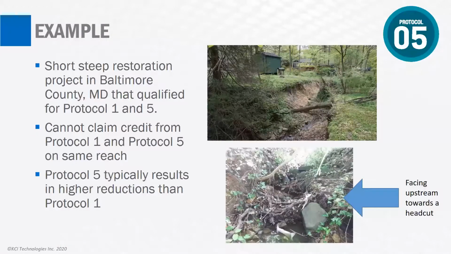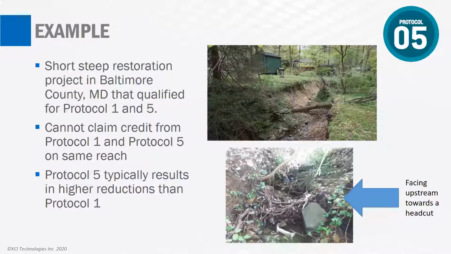So I'm going to step through an example of Protocol 5. This is a short, steep restoration project in Baltimore County. There were high existing slopes greater than 7% and existing head cuts within the channel. It qualified for Protocol 1 and Protocol 5, but you cannot claim credit for Protocol 1 and Protocol 5 on